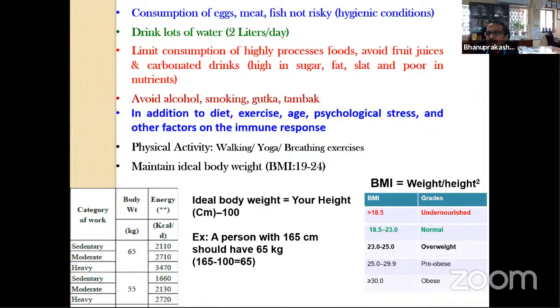You should have one scale in your classroom and one balance. The balance means the weighing device, what we call a bathroom balance. If you put a scale on the wall and keep a weighing machine, then in your whole school you will know how many are normal, how many are undernourished, and most importantly, how many are obese also. And you can always educate them whether they should reduce their weight or increase their weight.